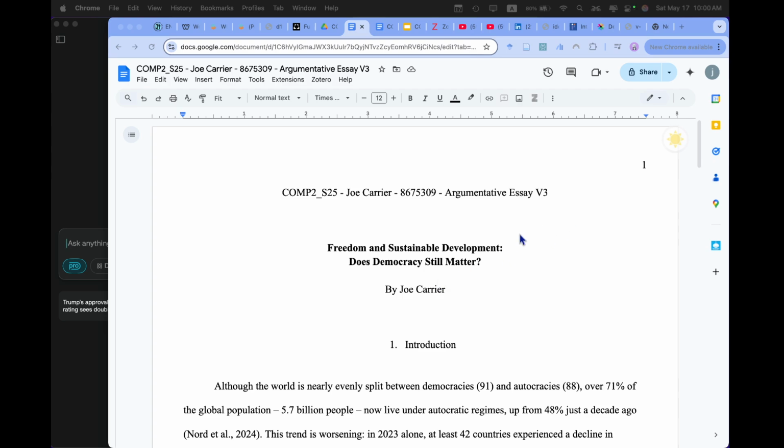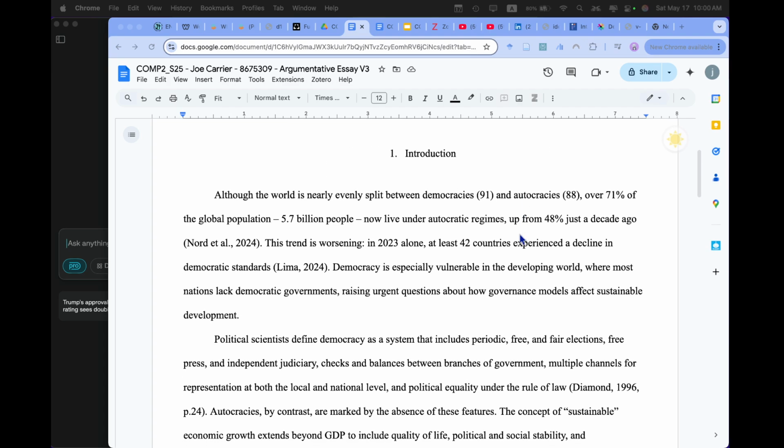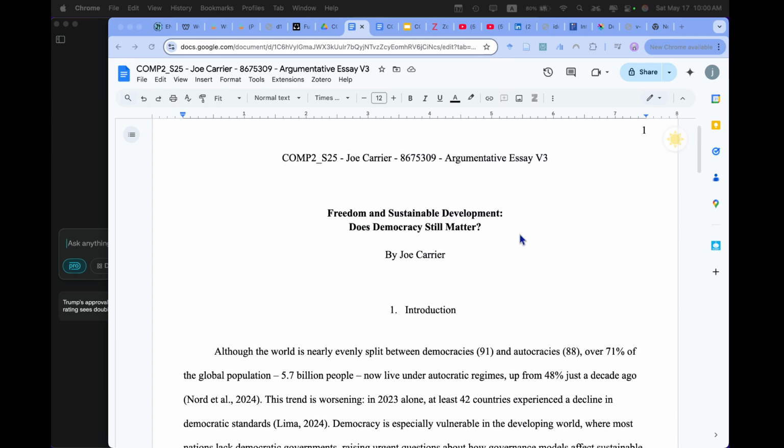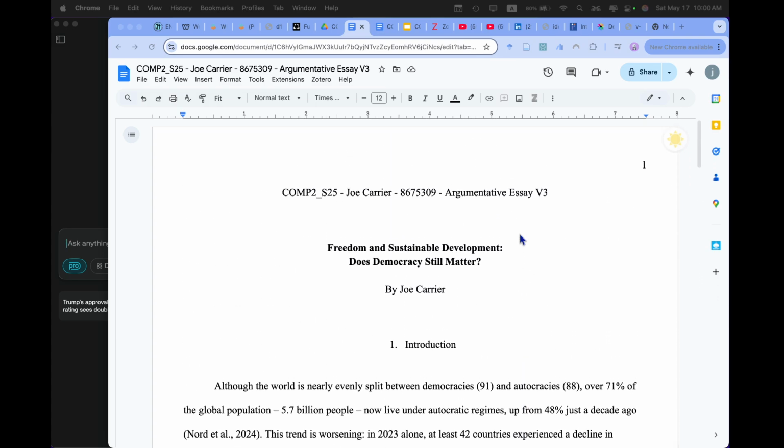I'm going to be demoing this body paragraph composition. I don't really have a plan here. I'm just going to kind of wing it and show you my process. Your process might be a little bit different, but that's okay. This can give you some examples of